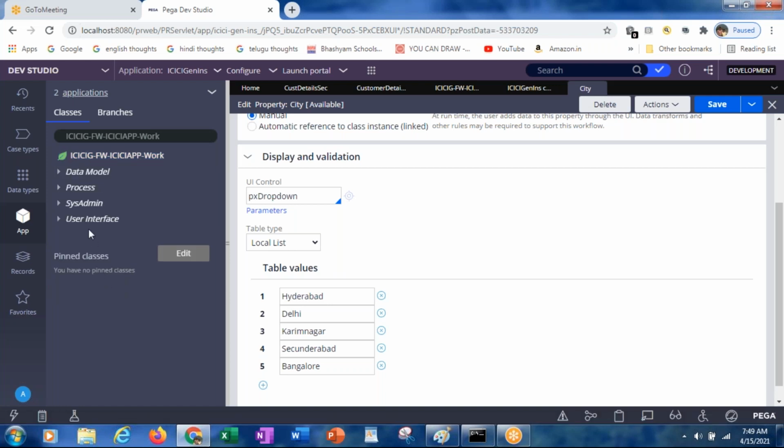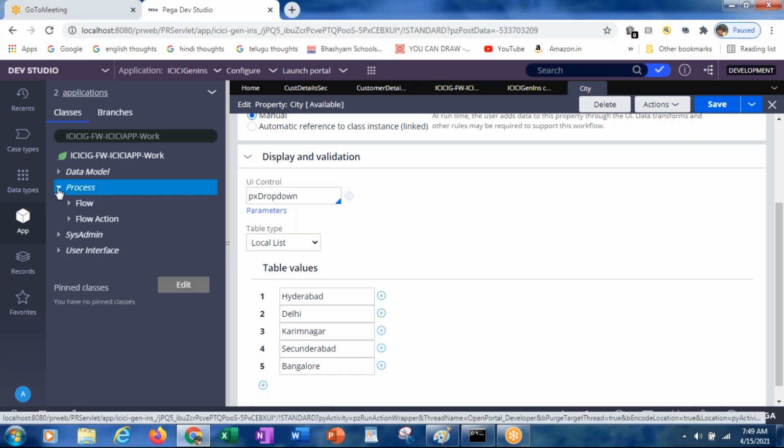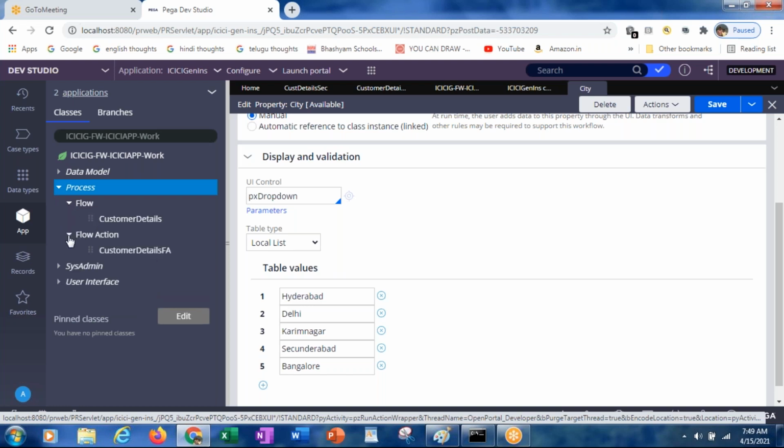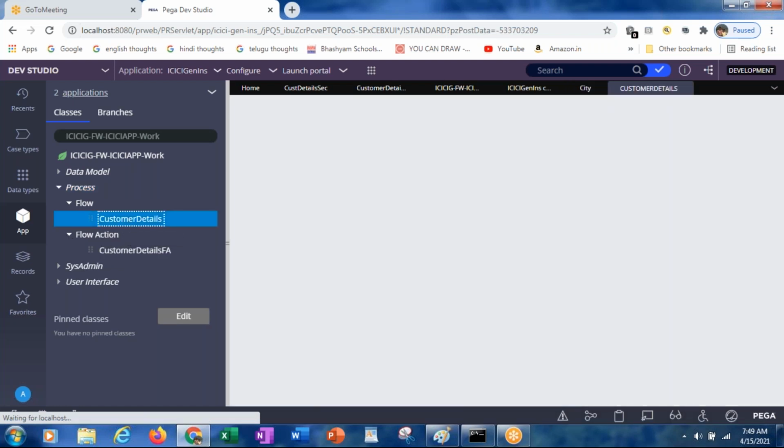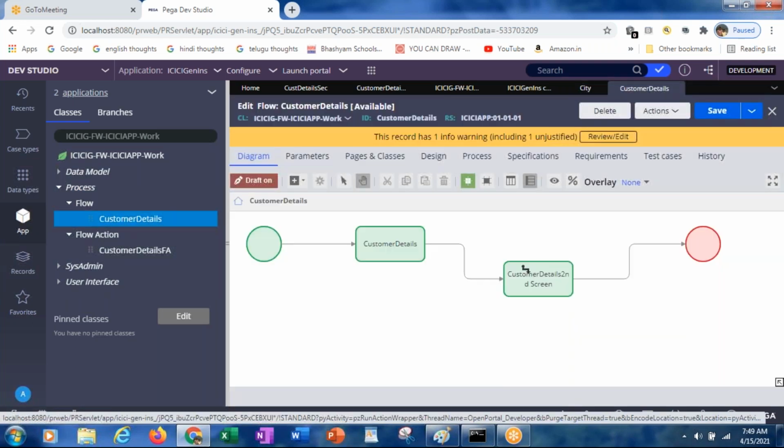After creating anything, you have to refresh this. Then only that particular category will come, and you see the flow category has come, and the flow action category also has come. So if you want to make changes on any of these things, you can select this, and again you can make the changes here.